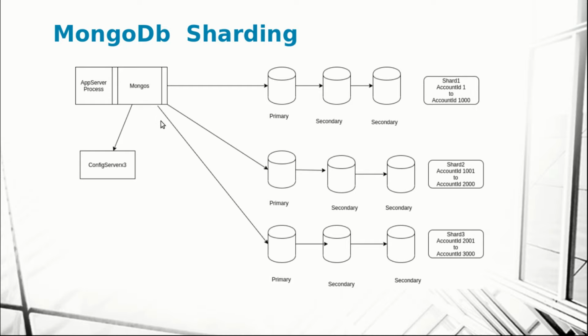So all the configurations are defined in this config server, right? And you have to run the MongoS process in your application server, right? Then only you can configure your application to consume the Mongo shard cluster. Okay, so the key concept that you need to understand is each replica set will store one type of data. So count ID 1 to 1000, count ID 1001 to 2000, 2001 to 3000. So load is distributed, and you see this MongoS and config server. When a request comes from the application process to MongoS, MongoS will go and hit the right Mongo shard.